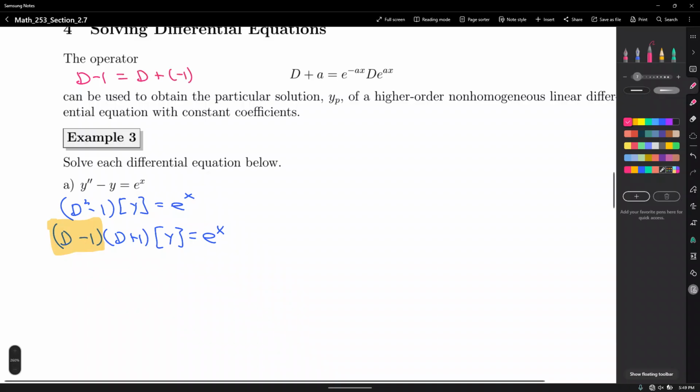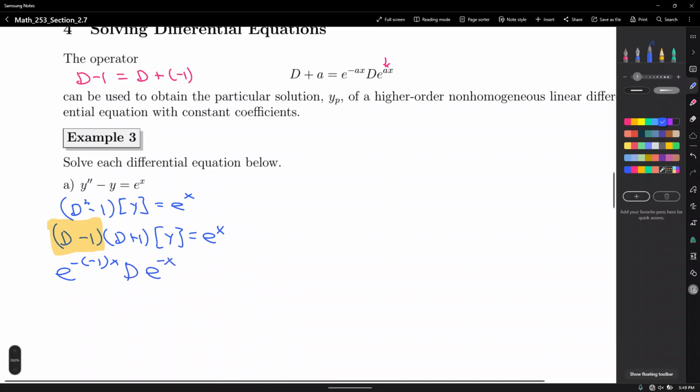Sometimes this is a little tricky when it comes to writing these operators. So I'm going to replace this in terms of operators. Whatever number goes after the plus sign is going to go in the exponent, so this will be e to the negative 1x,